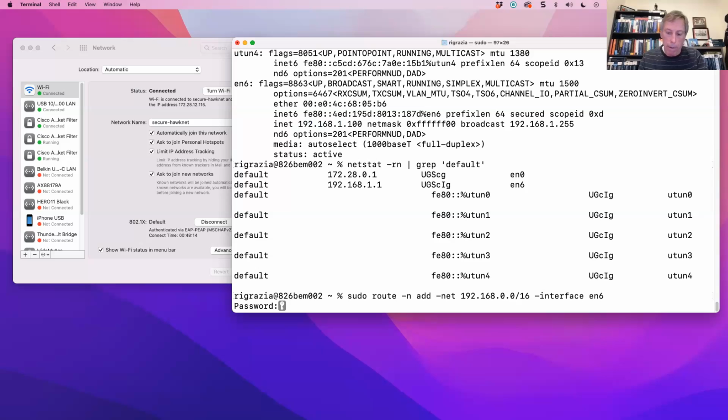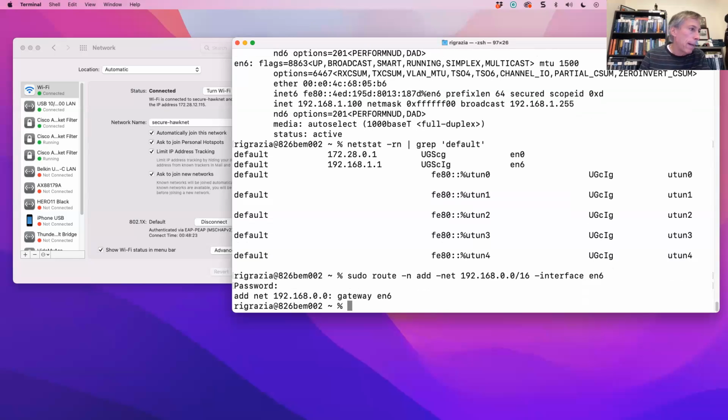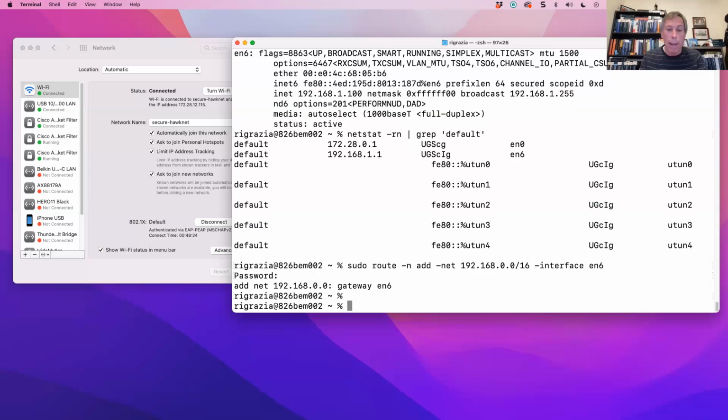Okay, now it's going to ask me for my password. Oops, I think I typed it in wrong. Did I get it? I think I did. All right. Okay, so actually, how can I check to make sure that that got in there? I can do